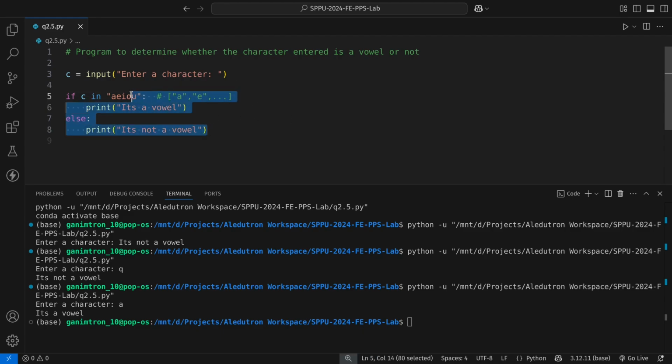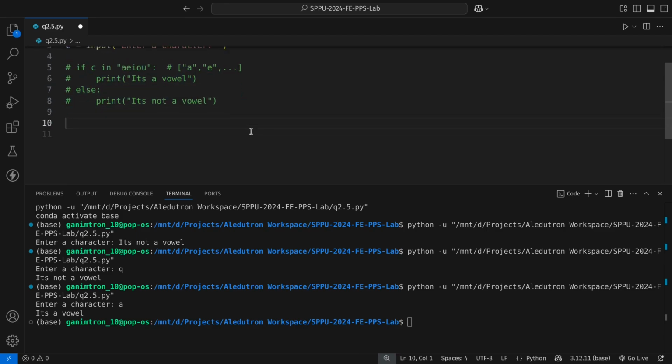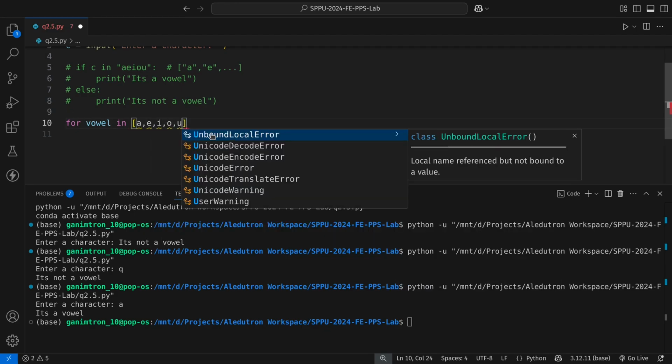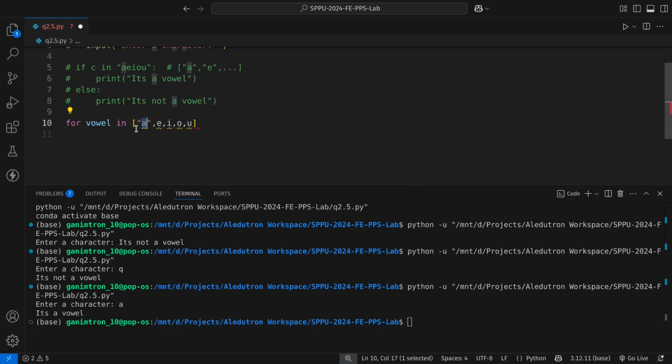Also, let's try a new method, and let's say if we didn't have an in operator, how would we do it? So we'll use for, and then we'll go over the characters. Let's say for vowel in, we create this list A, E, I, O, U. We need to make this a string.